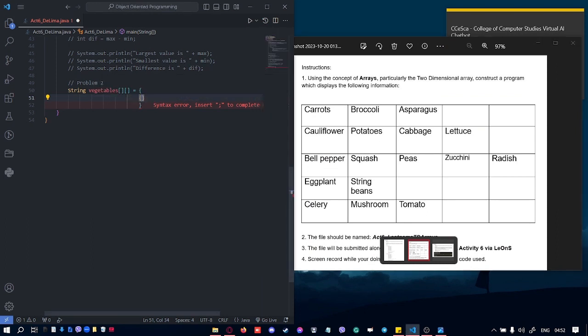So the first sub array is, we have carrots, broccoli,